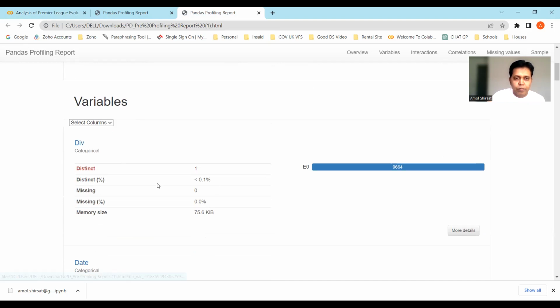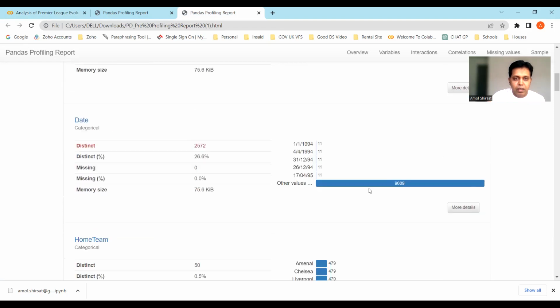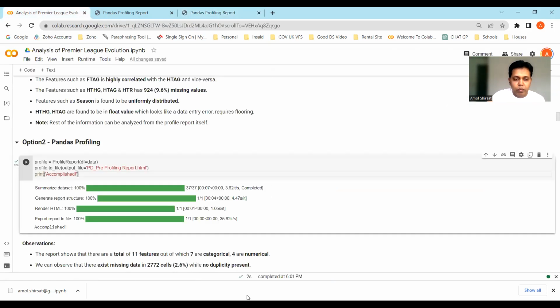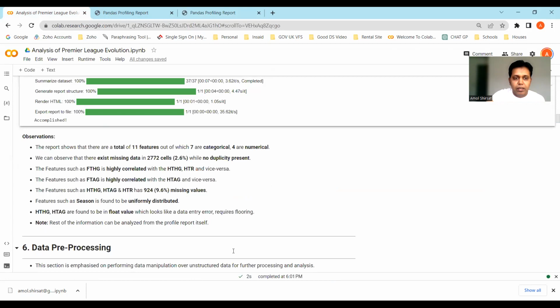For example, division. In the division, we can see it has only one distinct value, like the value seems to be E0 across all 9,664 rows. So it is one common value available in the whole data set. Similarly, for the date, we can find out that there are 2,572 distinct values, while the rest of the dates seem to overlap or be common. So this is the pre-profiling, and once we have done this pre-profiling, we'll be starting with the data pre-processing or